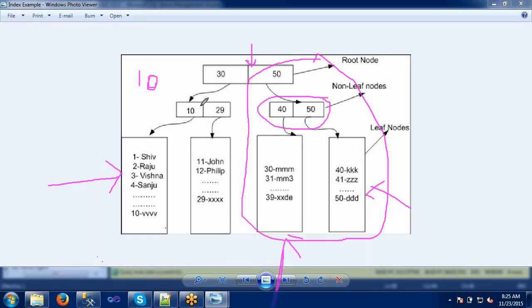Then it comes to the next, intermediate level. The value matches this set rather than that set, so again we have ignored a set, and there is no need to check 11 to 30. It is already filtered by half here, and the next half is filtered at the next intermediate level. The value is somewhere in the first leaf node, so it goes to this leaf node and traverses only 10 records.